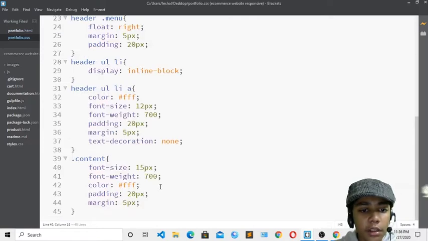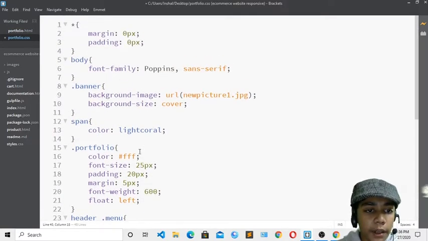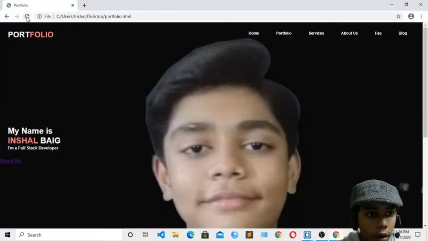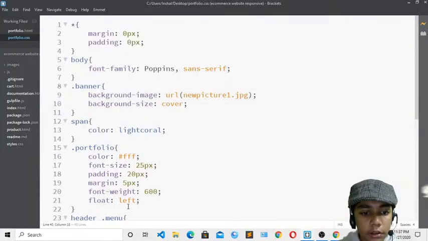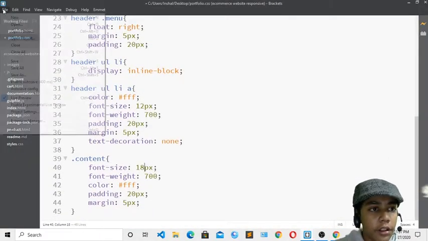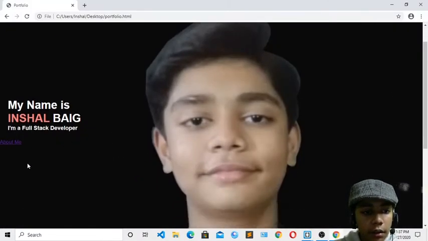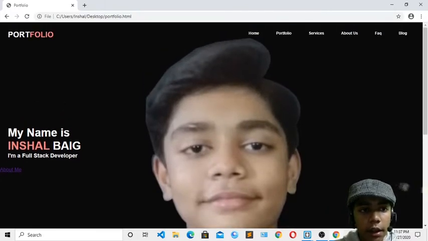Now here I will define one thing, I will change it to 13, and I will go to the span tag over here, okay. So you just have to save, okay, and if I show you, now it is good, okay. Over here I will change the font size, but because it is too small, I will do 18 and save that, and you can see now it is good. So now we have just styled these things. Now I have styled this, and now I have just styled that.